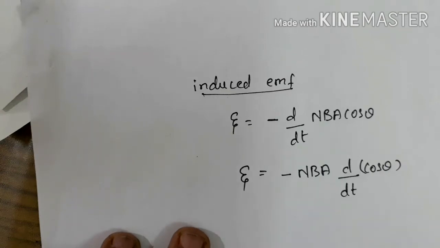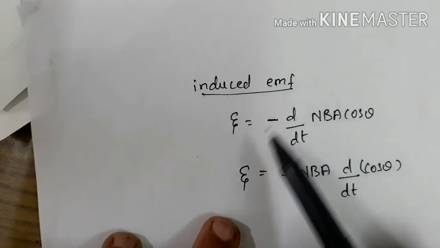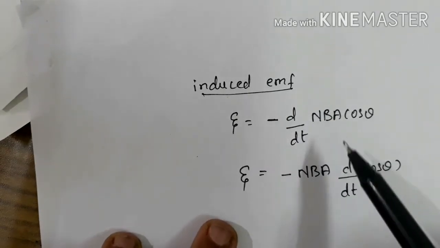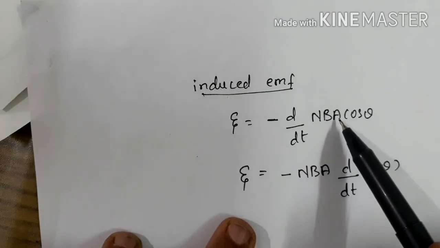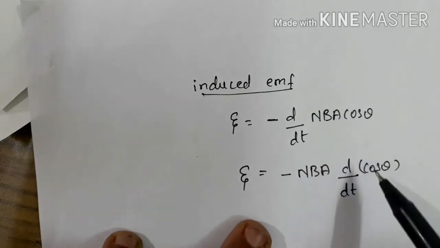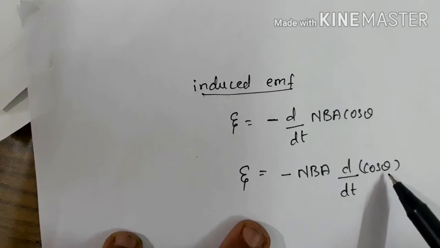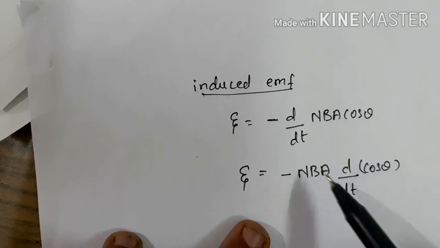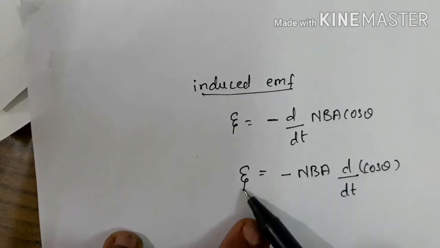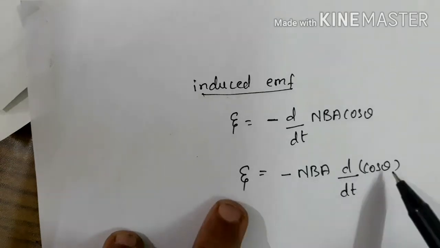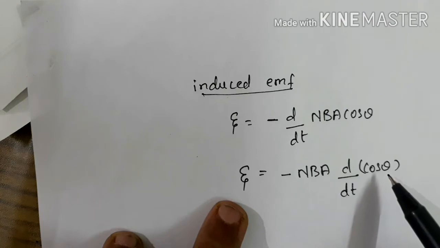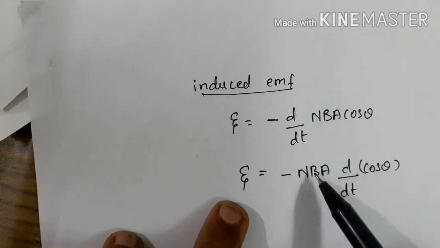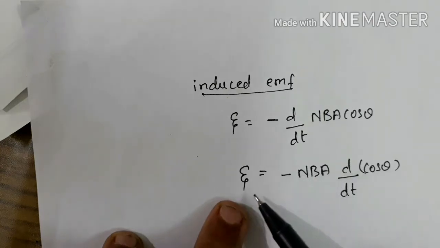Hello children, already in unit 4 you have discussed that induced EMF can be produced by changing the magnetic field or area of the coil, right? Now we can also change the orientation of the coil, that is theta can be changed with respect to the magnetic field and EMF can be induced, right? What is theta? It is the angle between B and A. By changing the orientation of the coil in the presence of magnetic field, EMF can be produced.